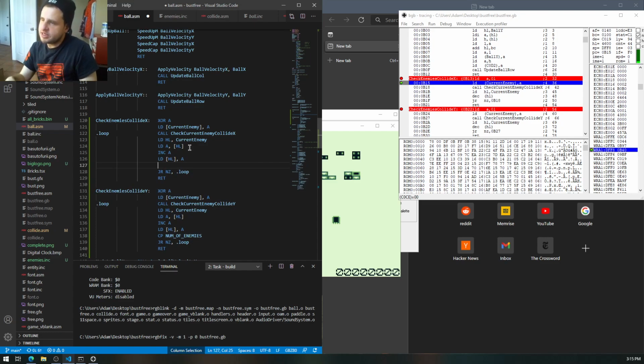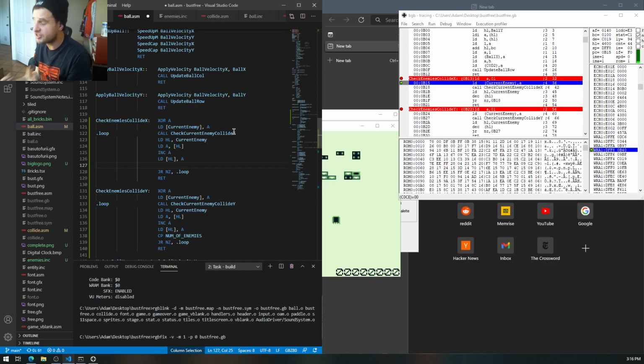Because the problem was it would go down to 0 to do the 0th element, but that would be what triggered the return flag. So I could either do what I'm doing, which is now I'm going to count forwards and just manually compare at the end of the loop to see if the index is the number of enemies or not. Or I could keep doing what I was doing, but just add 1 to the number of loops that I do,